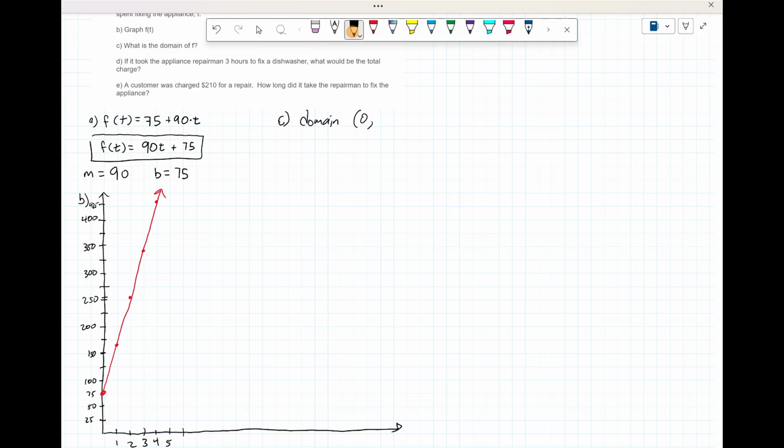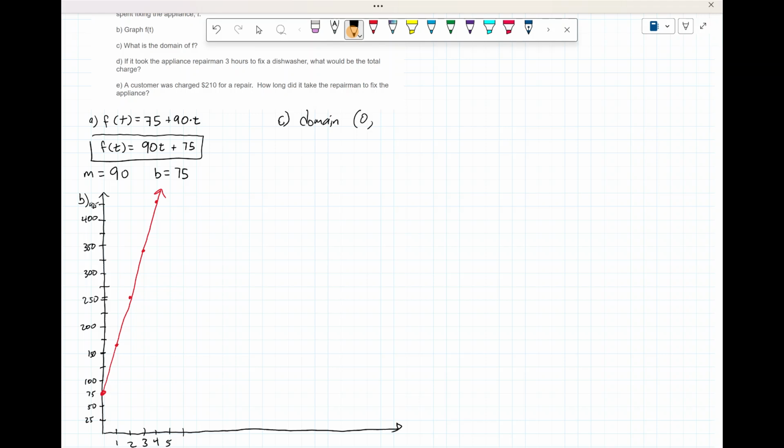It could take any amount. It could be maybe, like I said, 1 second. It could be half of an hour. It could be a full hour. It could be 3 hours. It could be 10 hours. Now, realistically, it probably won't be 1 million hours, but